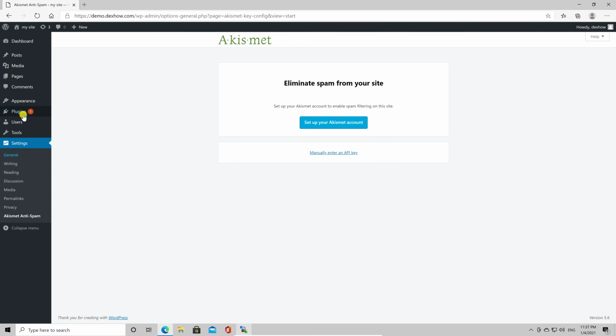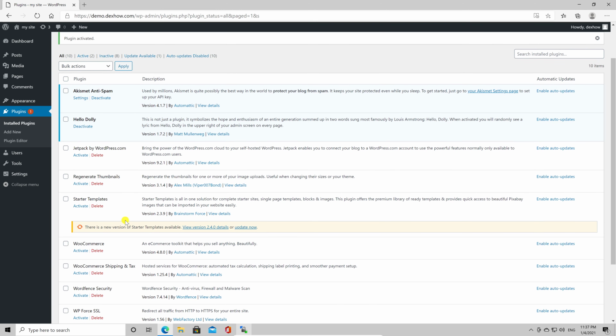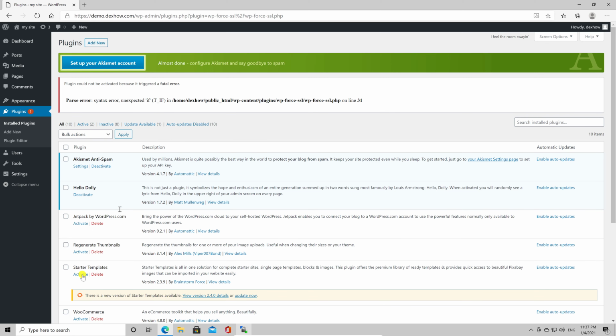You will have to activate every plugin one by one. This way, you will see exactly what plugin gives you the error. You see now an error. This is the plugin that was causing the error. Now, activate all other plugins and your site should be fine. This is how you find what plugin has an error on WordPress with FTP.